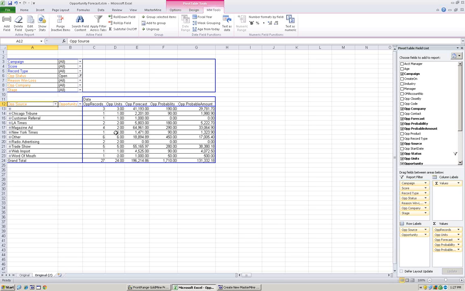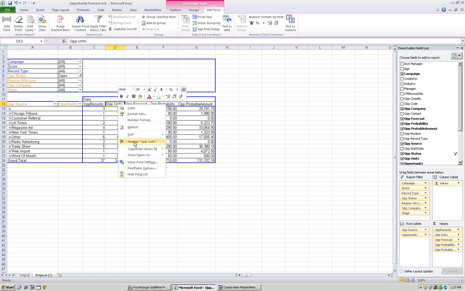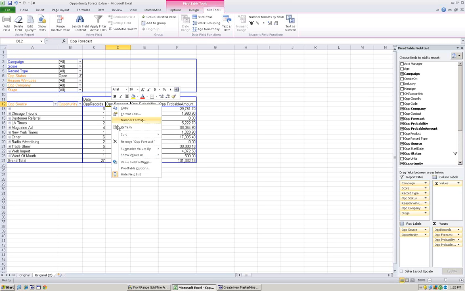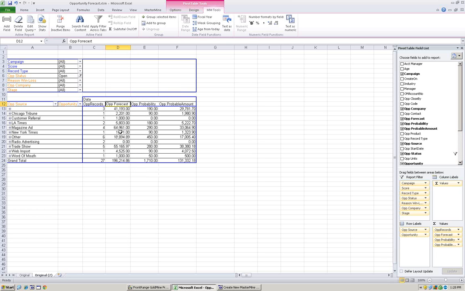They represent a certain number of units, and some people use units, some don't. If you don't use the units, very simple to right-click on here and just remove that column. So any column that's in your data area, of course, can be removed by right-clicking on the field and just choosing to remove it. I'm going to leave the rest of these in here for a moment. So in aggregate, all of our sales that let's say were sourced by a magazine ad. There are 4 of them. They total $65,000, just short of that. Their total probability of sales, because a lot of them must have